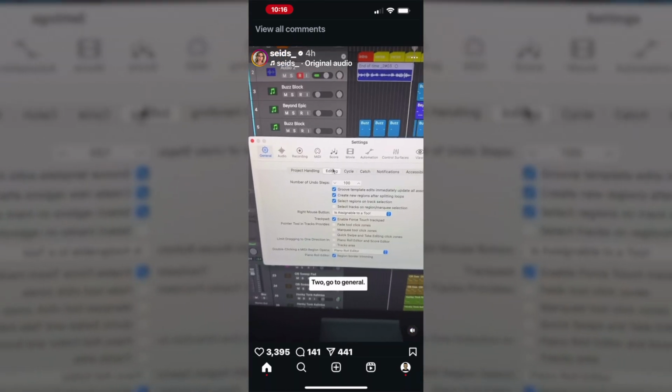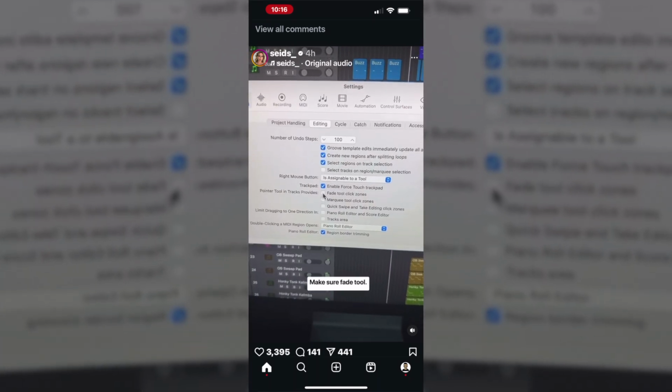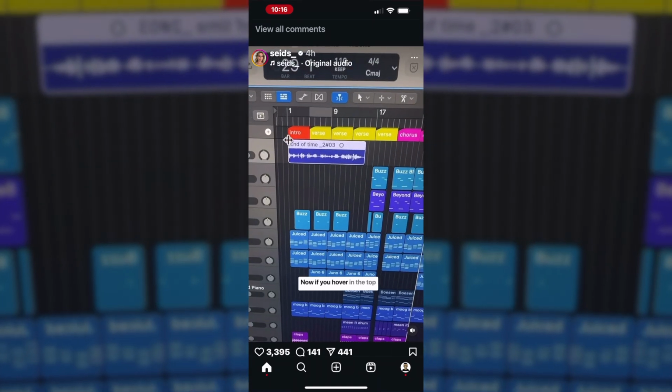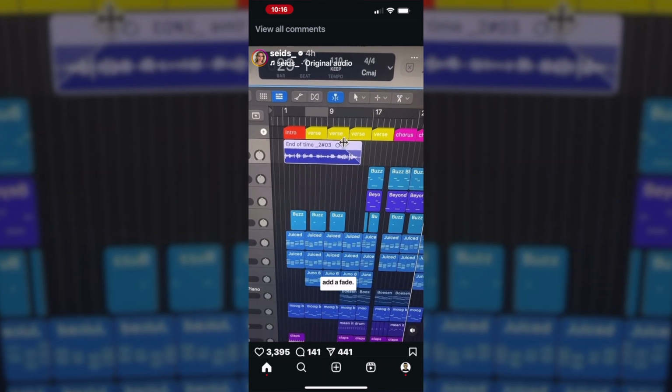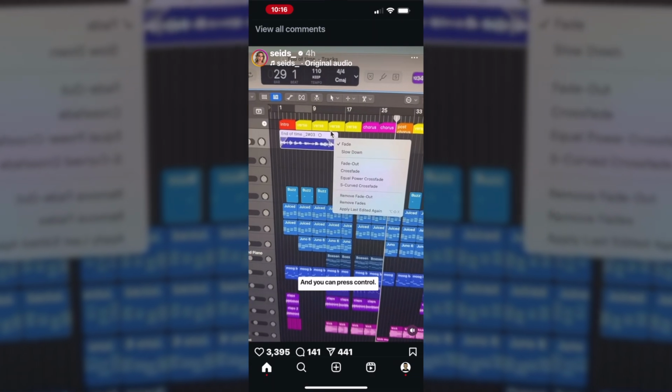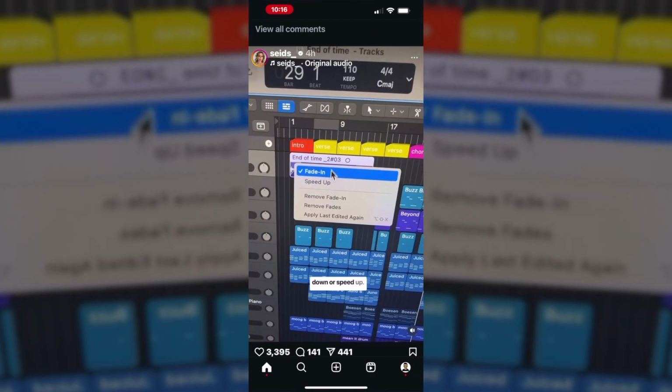2, go to General, go to Editing. Make sure Fade Tool Click Zone is checked. Now, if you hover in the top left or the top right, you can add a fade. And you can press Control click on it and select slow down or speed up. Now that